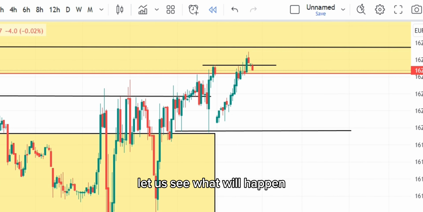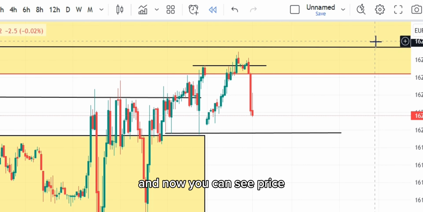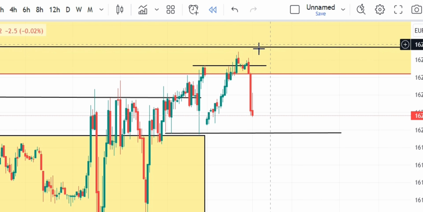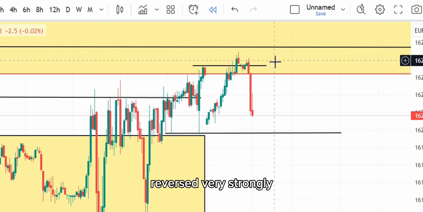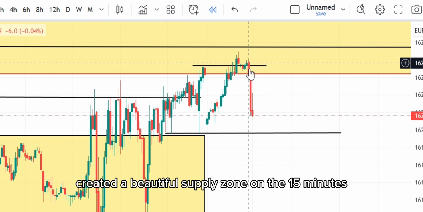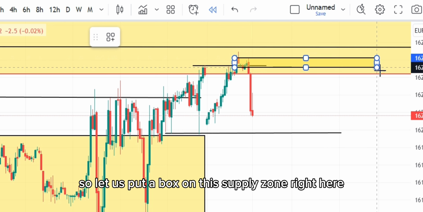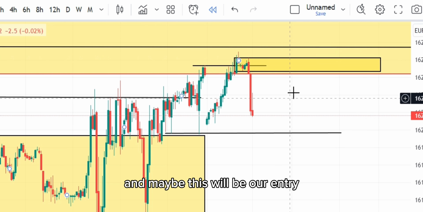Let us see what will happen. And now you can see price reversed very strongly after taking out the liquidity, and also in the same time created a beautiful supply zone on the 15 minutes. So let us put a box on this supply zone right here,